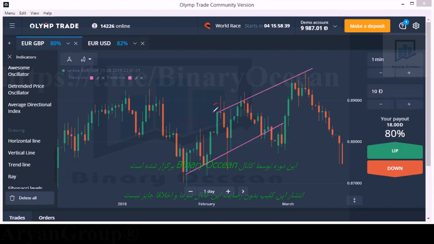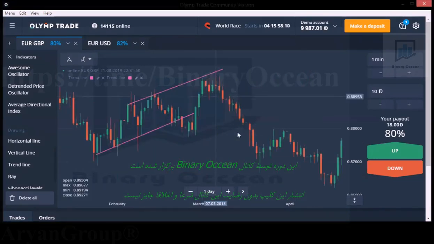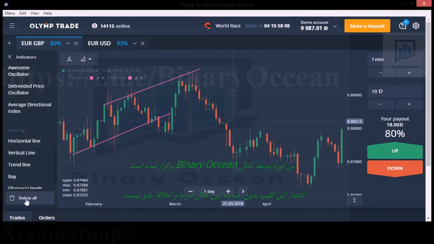And this is our entry point. You can see two entry points, but there is no entry point here because the candle closed at the level with rejection. The candle closed at the level like this. Then we can enter with sellers, but there is no entry point. If you want, you can enter directly. If the market touches this level, you can enter directly too, but it's very risky. The candle closed at the level, then you can enter on the next candle. Okay, and there is no movement here. Okay, let's change the level here.